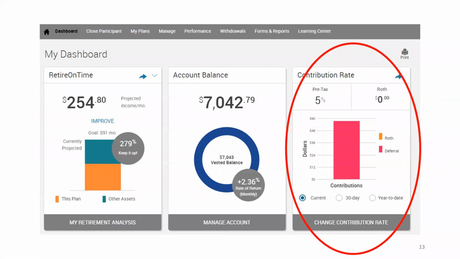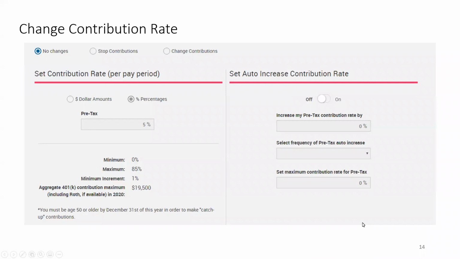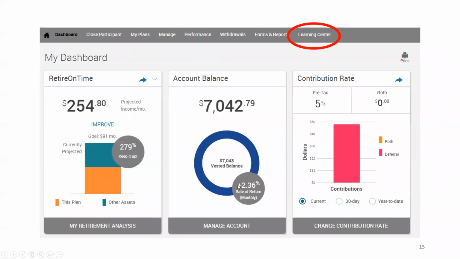And then the last highlight box on the dashboard is the contribution rates. So within the contribution rates, if you click Change Contributions at the bottom, it brings you to a screen. And you click the arrow boxes, either no change, stop your contributions if you need to stop them for some reason, or change your contributions. If you want to increase it from 5% to 10%, you click Change Contributions, put in your new amount, hit Next. It'll then take you to the next contribution rate